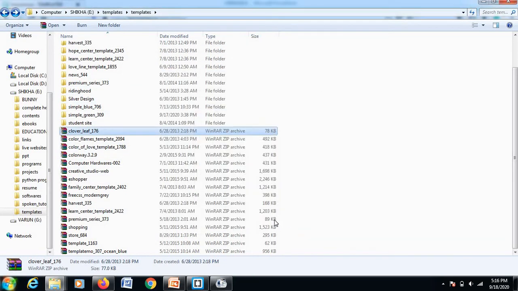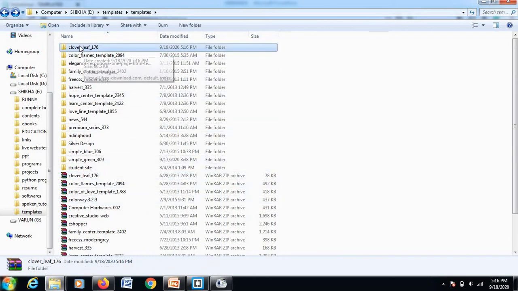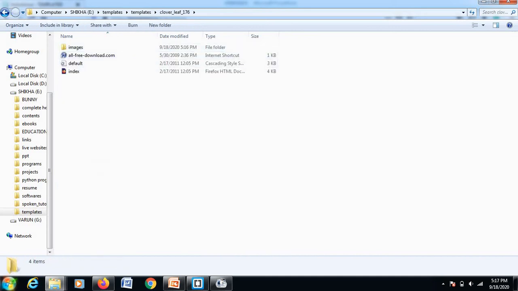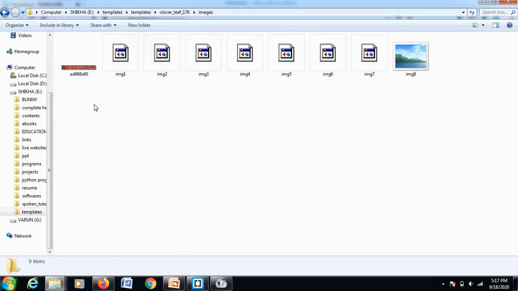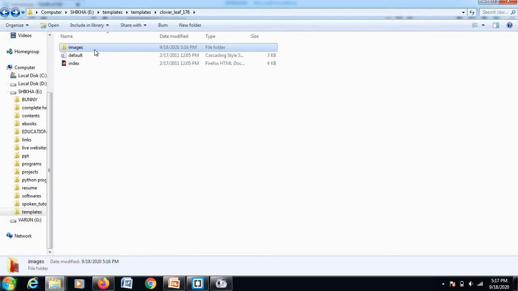Click on it, OK. See, now you have a folder. So here is the folder of that particular template. Just simply click on that. You will have mainly 3 files in it. One is your index file, that is the default file for your HTML page. One is your CSS file. It is nothing, it is a simple shortcut, you can simply delete it. And one is your images folder. All images which are used in that particular template are contained in this folder.